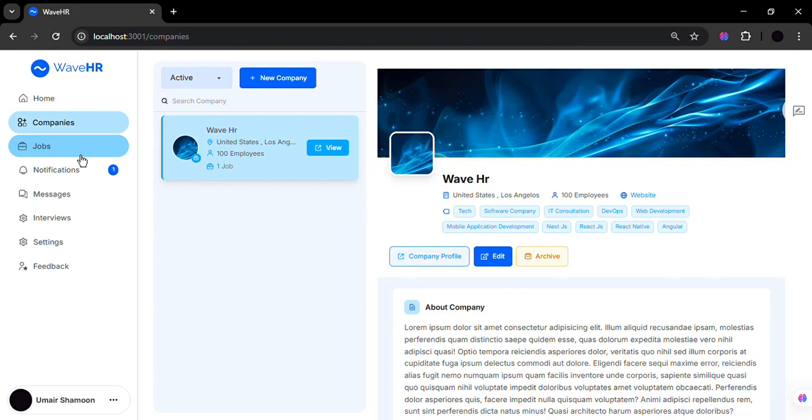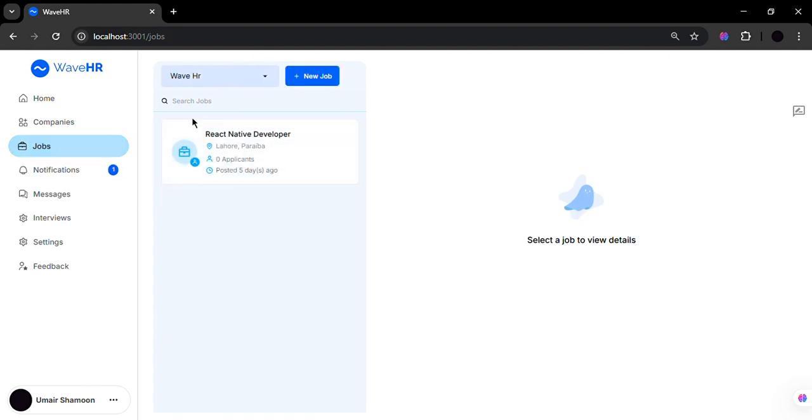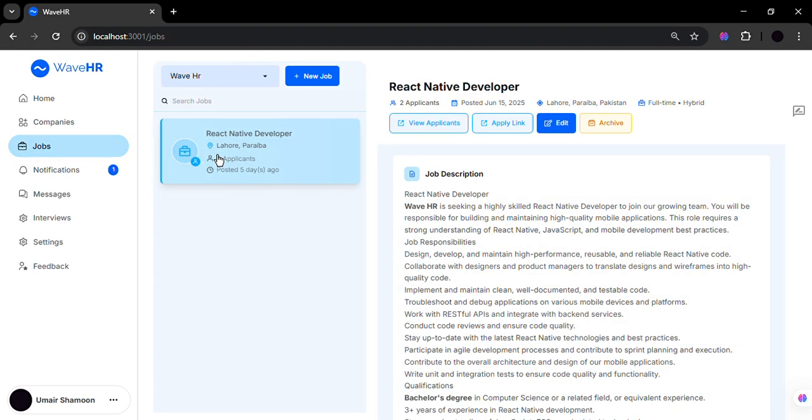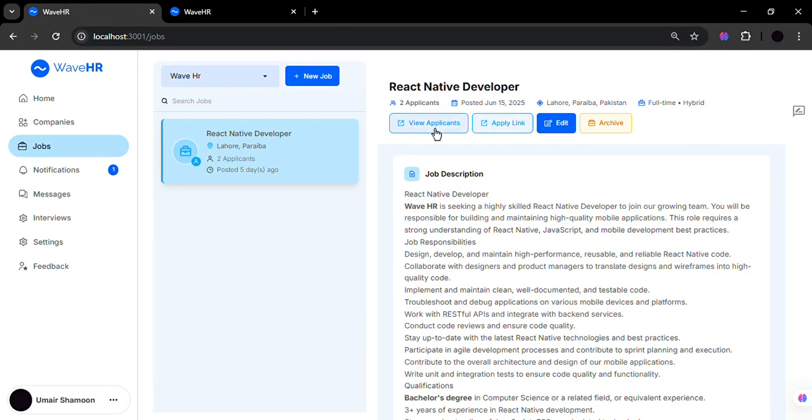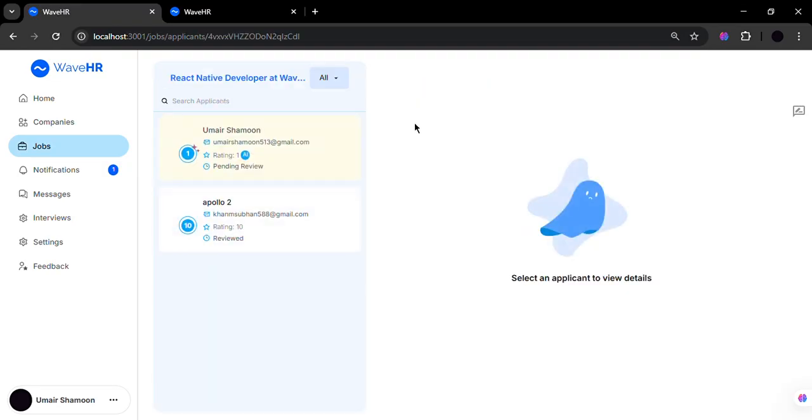So if we go to the job section, we are seeing a job of that company, and the user can simply apply through this link, and the recruiter gets the application of that user. So now if we see the applicants who have applied for this job, we go to this tab, and here we are looking for the candidates that have applied for this job. Like if we look at this